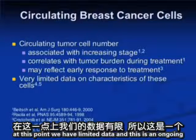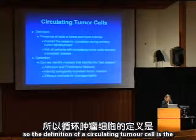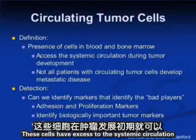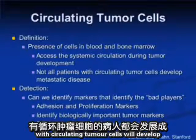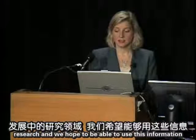And at this point, we have limited data, and this is an ongoing area of research being done here and at other centers. So the definition of a circulating tumor cell is the presence of the cell in the blood or the bone marrow. These cells have access to the systemic circulation during primary tumor development, and not all patients with circulating tumor cells will develop metastatic disease. So as I said, it's an ongoing area of research, and we hope to be able to use this information